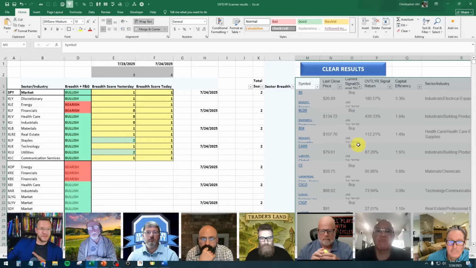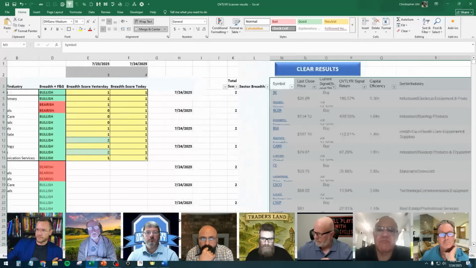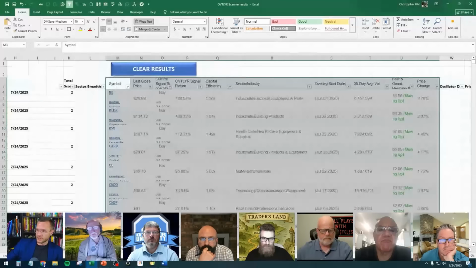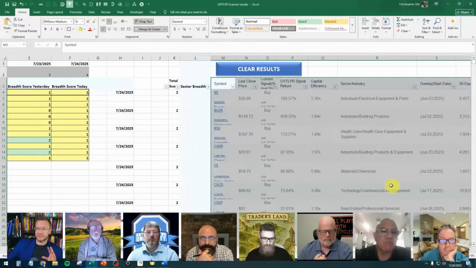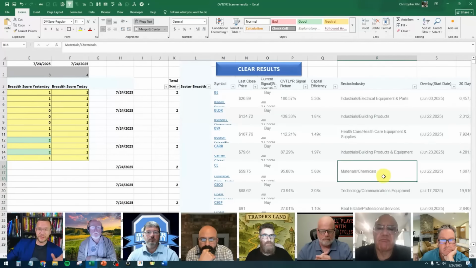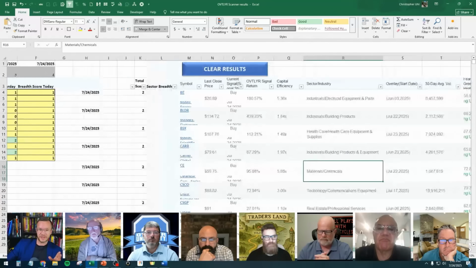So this will put this in Excel for you. It doesn't work in Google Sheets. It only works in Excel. You could probably figure out how to make it work in Google Sheets. Now, this is how Chris spends a lot of time making things easier for himself. Actually, I don't spend a lot of time, is what I'm trying to say. This is a huge time saver for me.